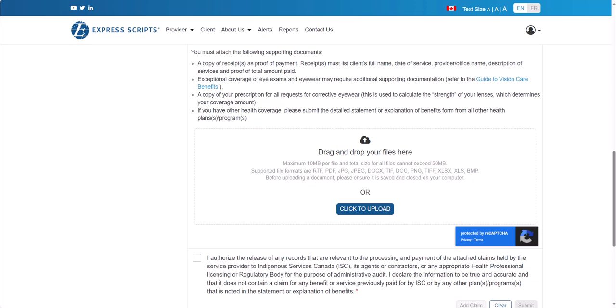Please refer to the Guide to Vision Care Benefits. A copy of your prescription for all requests for corrective eyewear. This is used to calculate the strength of your lenses, which determines your coverage amount. And if you have other health coverage, please submit the detailed statement or explanation of benefits form from all other